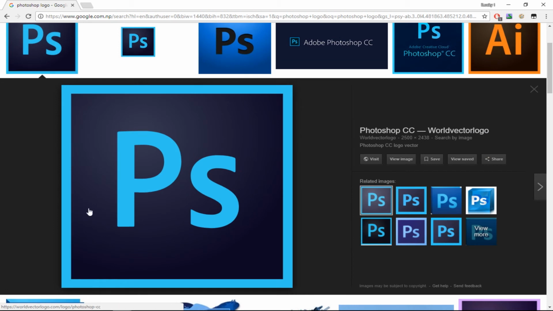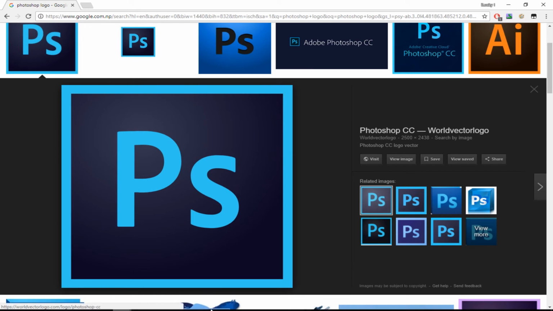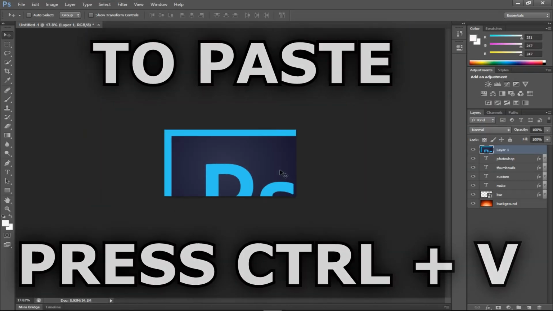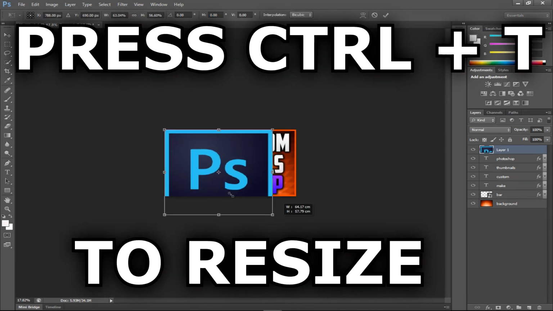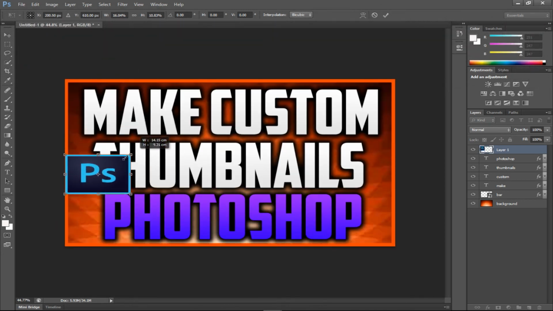So you just want to select this and then copy it. Right click and copy image, and then you want to go to Photoshop, and then you want to paste this image. Now as you can see, this is a very large image. You want to zoom out, and then click Control T, and once you have Control T, you can resize the image to what you want. So I'm just going to resize it down,